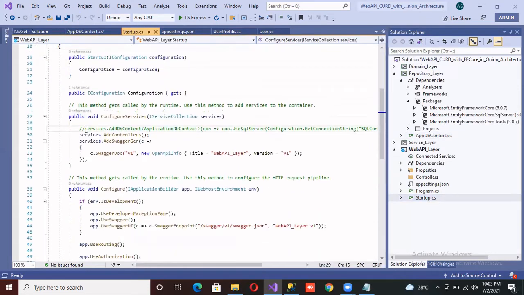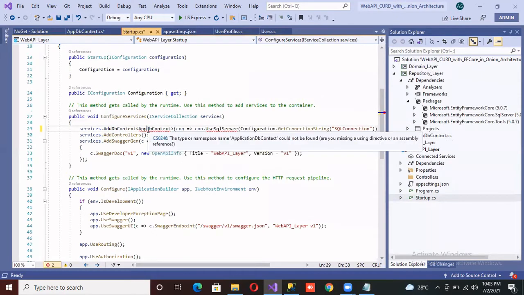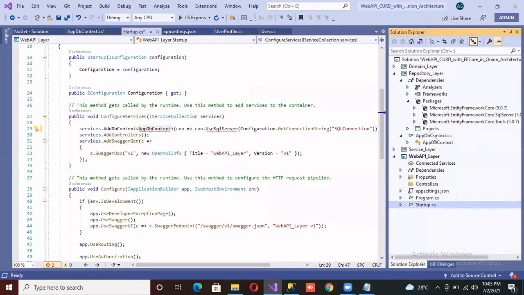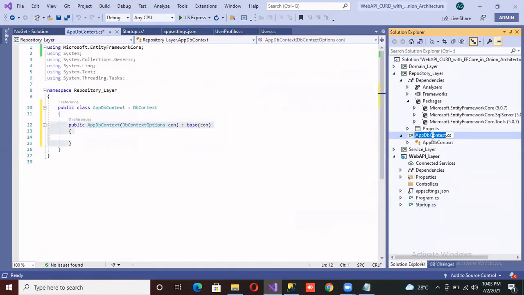As you can see, here is services.AddDbContext, and here you have to pass the class name where you wrote the repository layer. So my repository layer class name is AppDbContext.